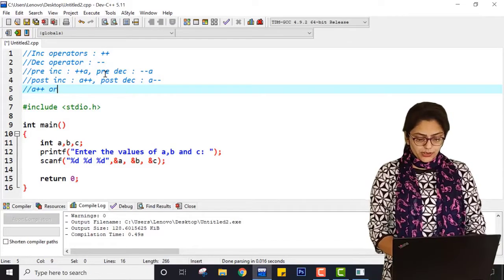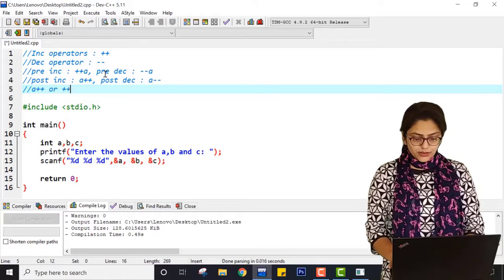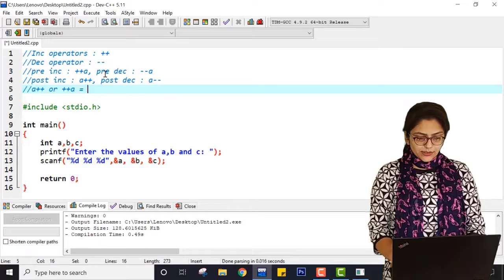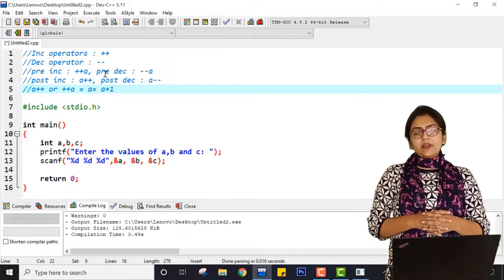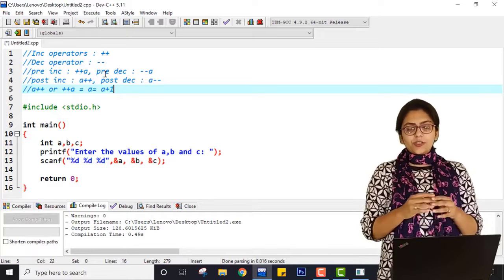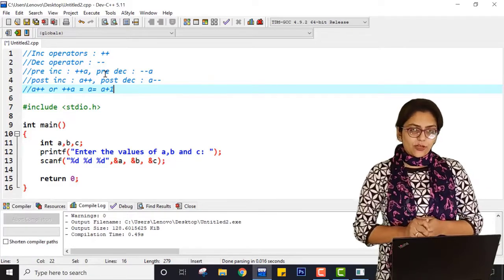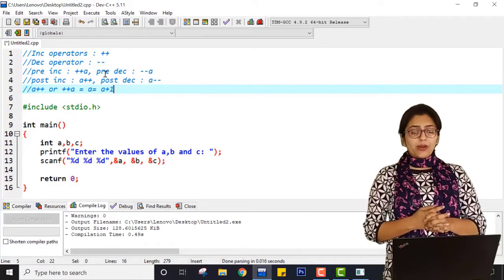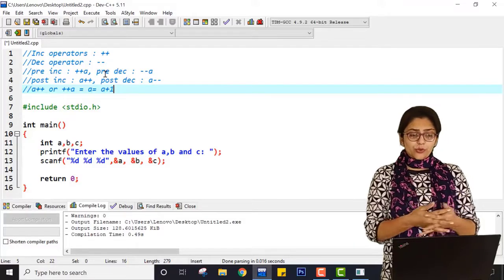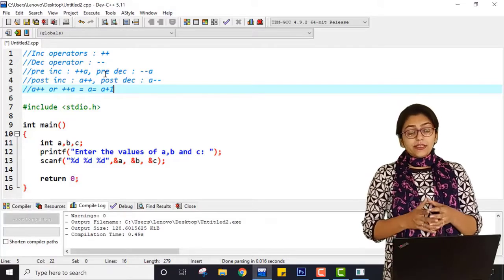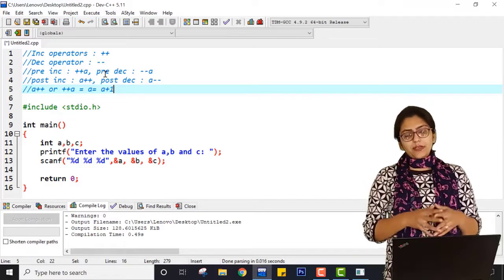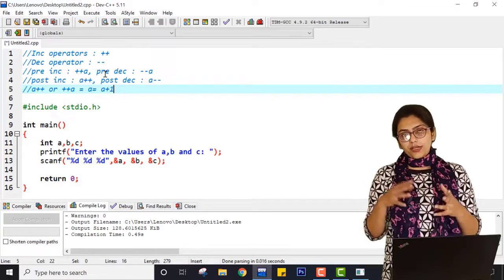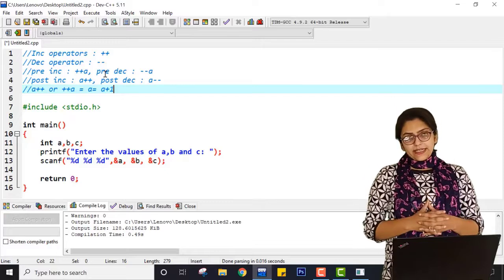A plus plus or plus plus A means A equal to A plus 1. So whenever I need to add just one to the existing value of A, I can use this operator. Now you may ask, ma'am, can't we use a shorthand operator for that? Yes, you can, but this is just for the sake of looping, because we use these operators a lot in loops, since it is needed there.